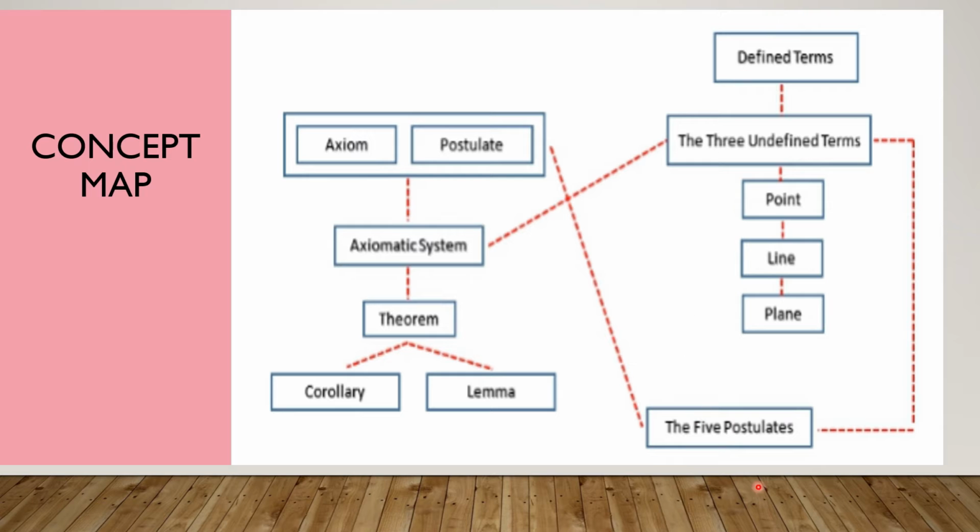But what do you see here? In the axiomatic system, included na doon ang undefined terms and defined terms. Dito natin makikita ang defined terms at undefined terms. So ano yung undefined terms? We have point, line, and plane, di ba? You are familiar with these terms already from Grade 7. Then we also have the defined terms. Later on, we are going to tackle what those defined and undefined terms are, and also the five postulates. Not only the postulates, but also the theorems. We have different types of theorems.